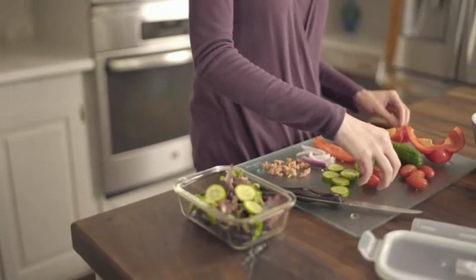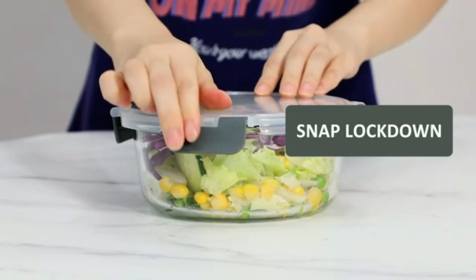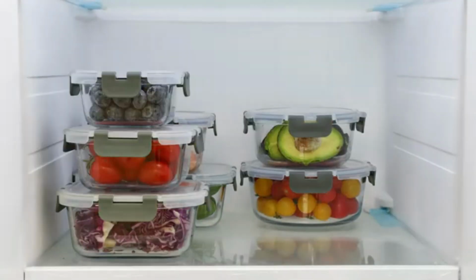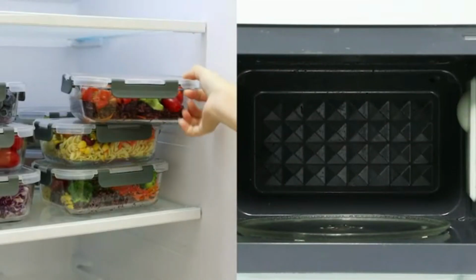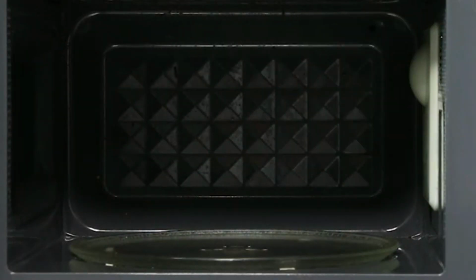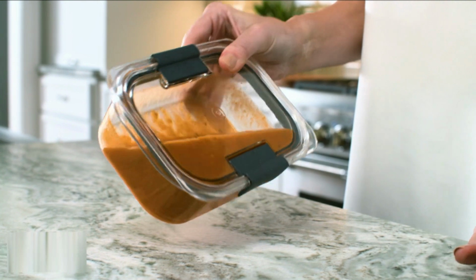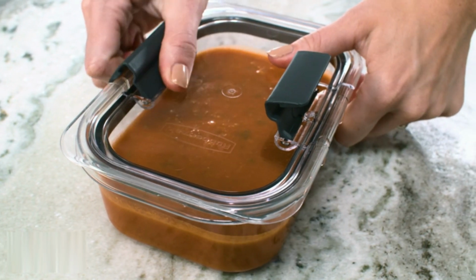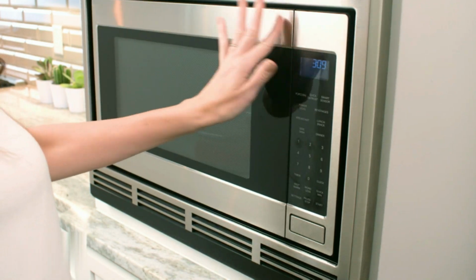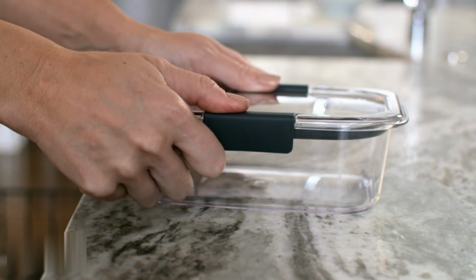With a capacity of 757 milliliters, these containers are perfectly suited for a variety of uses, from meal prep to leftovers, accommodating a range of portion sizes effectively. In terms of practicality, the dimensions of 10.2L x 8.19W x 5.67H make them easy to stack and store in the refrigerator or pantry, maximizing space efficiency. They also feature secure latching lids which provide a leak-proof seal, making them ideal for soup, sauces, and other liquids,